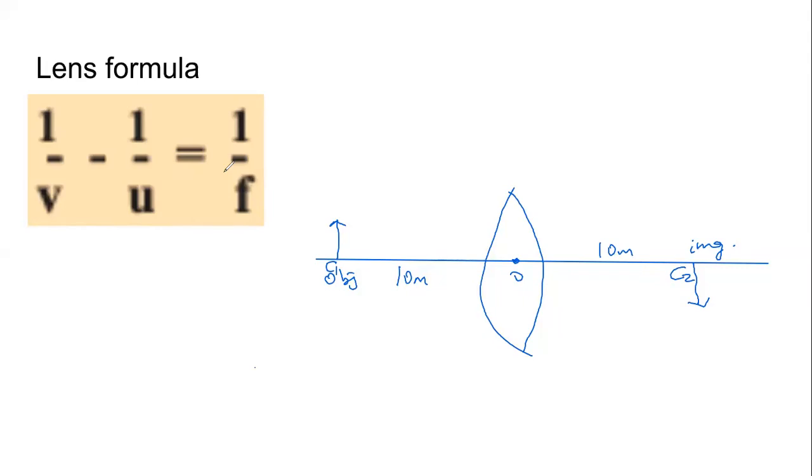Now, using the lens formula, we will be able to calculate it. Let us see how. You just help me doing this. 1 by, what is V? Be careful, think and answer. What is V? Distance of the image. Yes, I am writing meters. I'm not writing centimeters, Chanda. Be careful. Is it 10 or minus 10? Be careful.